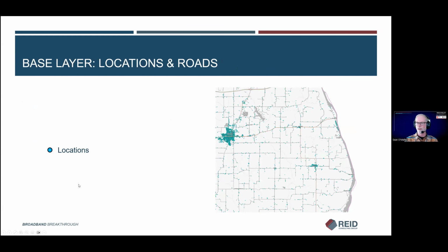I'm going to run through a more detailed example of how we do this. I just grabbed a portion of Pike County. I could have grabbed one from pretty much any county, but this had a good representative sample. Starting out, all of these little blue dots, or teal if you have a wider color palette, are all the locations in this part of the county. You can see a lot of density here in Pittsfield, and then in the rural area, not a whole lot of density. And just a reminder, these are the FCC designated broadband serviceable locations. Yes, thank you, Tom.